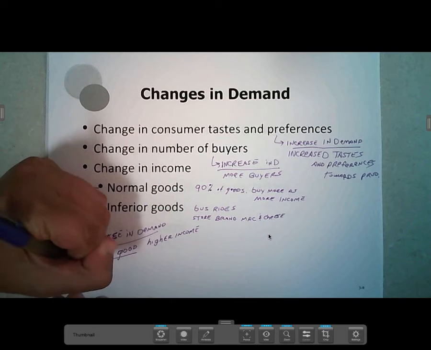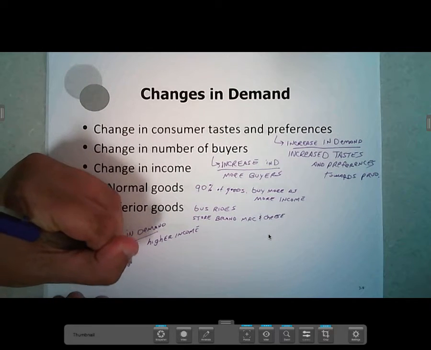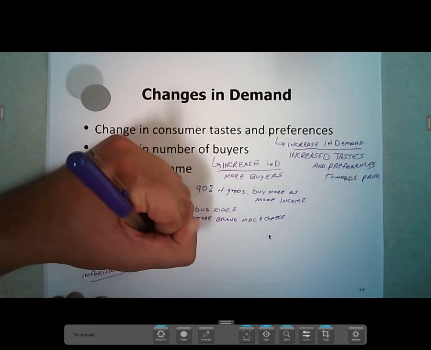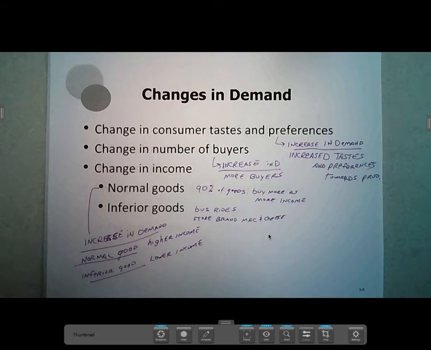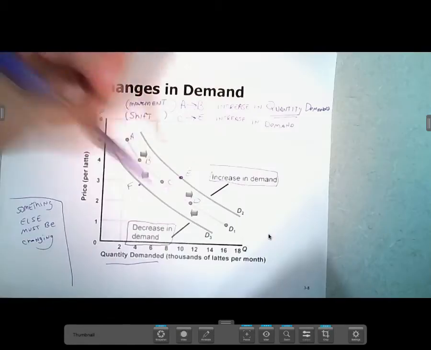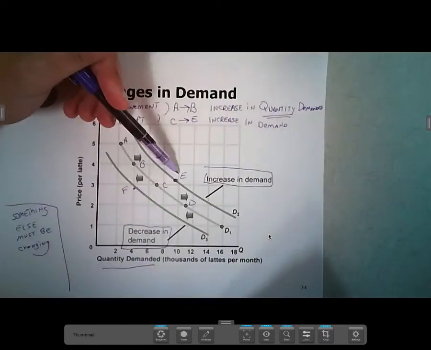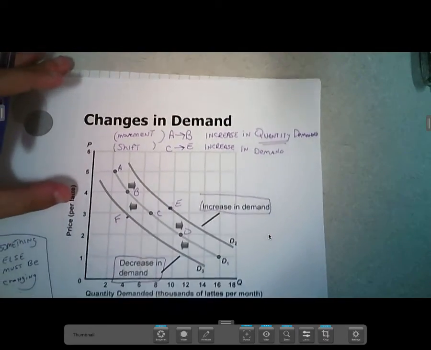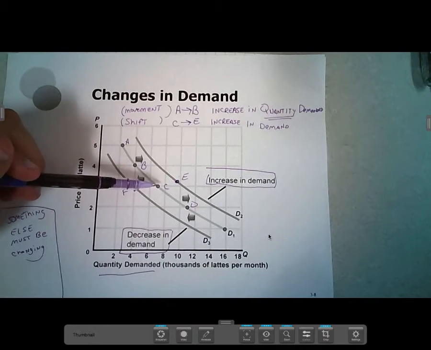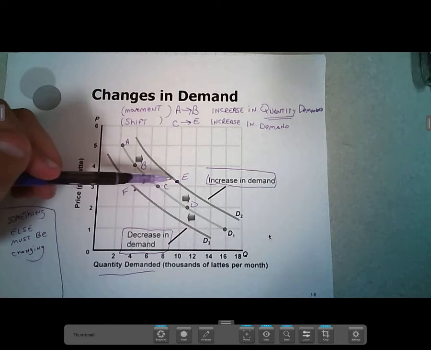For an inferior good, I'd have lower income. So what I'm writing out here is that if we looked at that previous slide right here, and I wanted to go from C to E, I think I've deduced what causes the... There we go. If I wanted to talk about what causes my movement from C to E, the increase in demand,